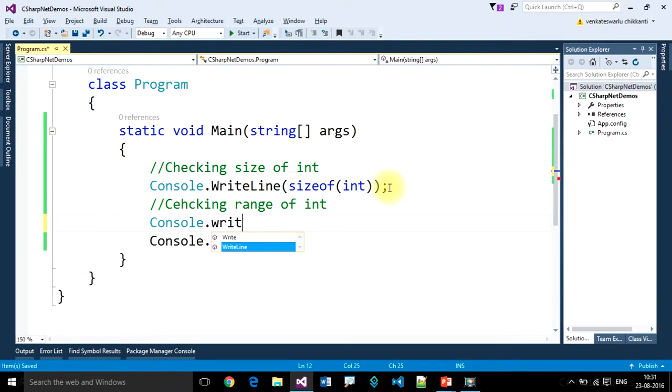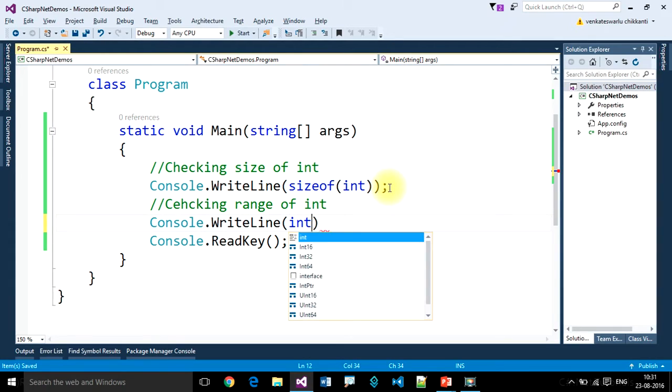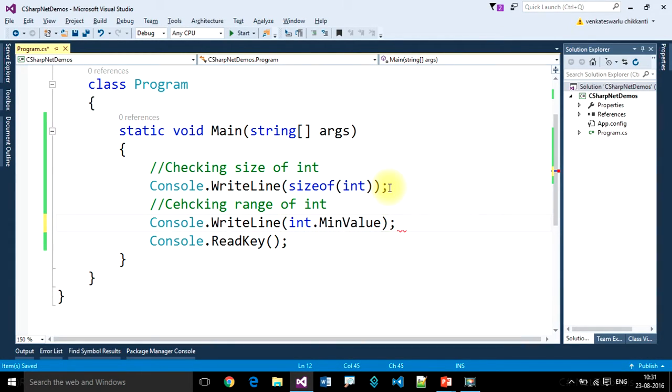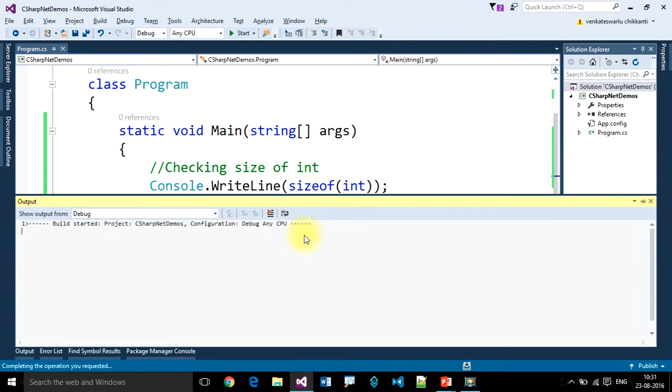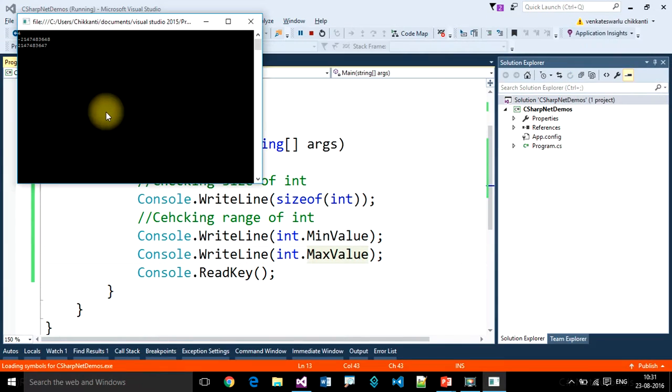Console dot WriteLine of integer dot MinValue. This is the minimum value it will store. Then MaxValue. It will tell us what would be the minimum value integer can store, what would be the maximum value integer could store. See that.